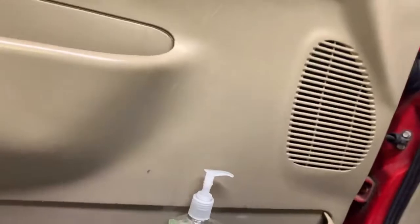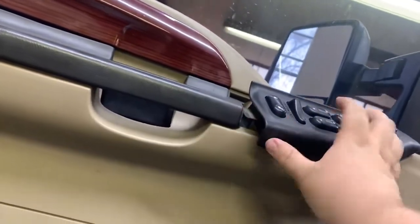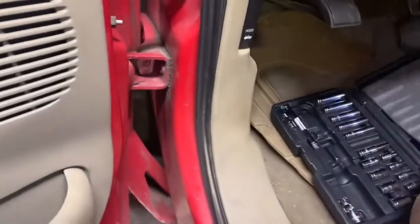Put our panel back on, put that piece on. Actually, I can put that piece on right now. Two clips, like I said, on this one. Just like so. Replace your two grommets. Put the two screws in. One there, one here. Then you can pop this piece back on, and I will show y'all on this one. Okay, so now with your two screws back in,